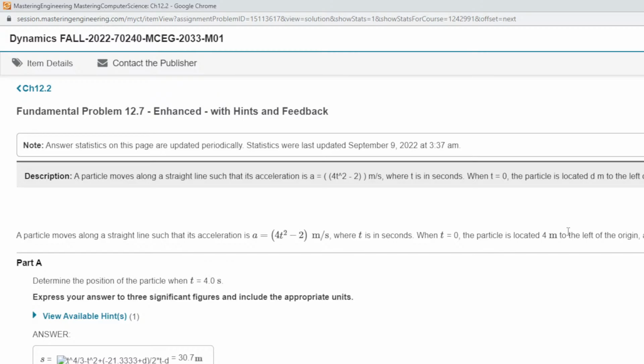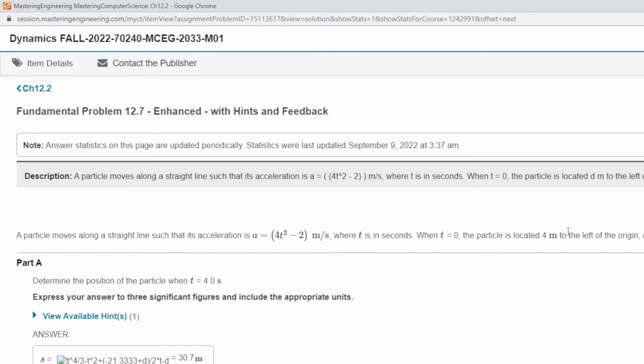And it says the particle moves on a straight line now. Okay, so A is equal to 4t squared minus 2. And it says determine the position of the particle when t is equal to, I believe that says 4 seconds. But if you want to go to velocity and then position, you've got to, okay, so here I'm going to do a double line over here. dv/dt is equal to acceleration, and as a result, dv is just equal to the integral of acceleration dt. And that would be from t1 to t, and v at t1 to v at t. And so then your question is, when t is equal to, located 4 meters to the left,